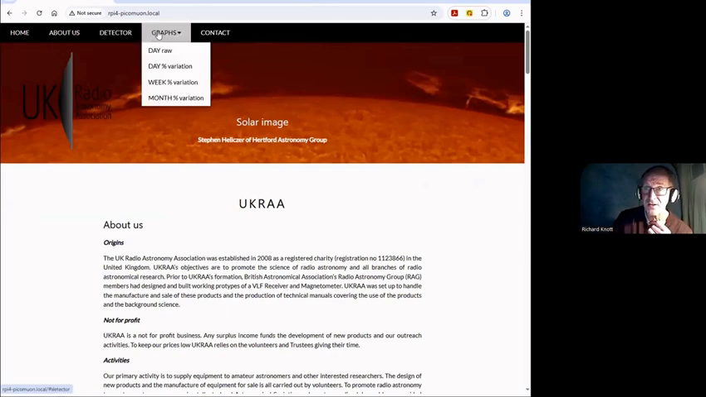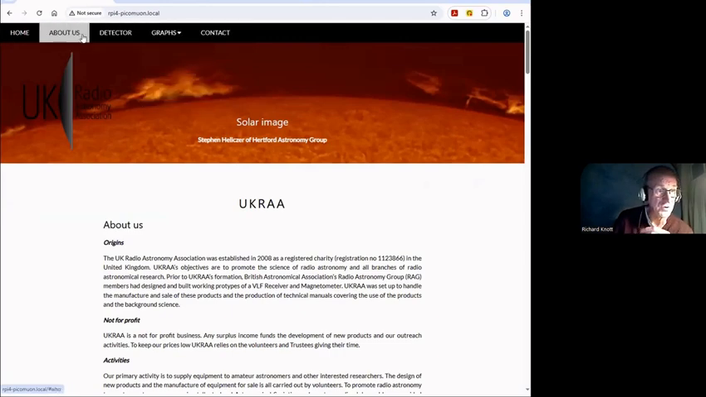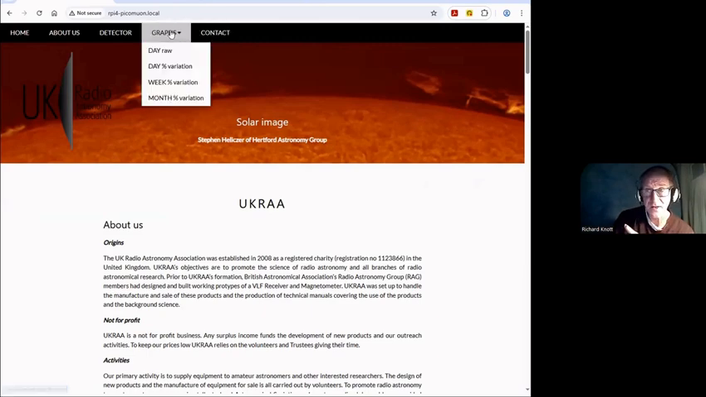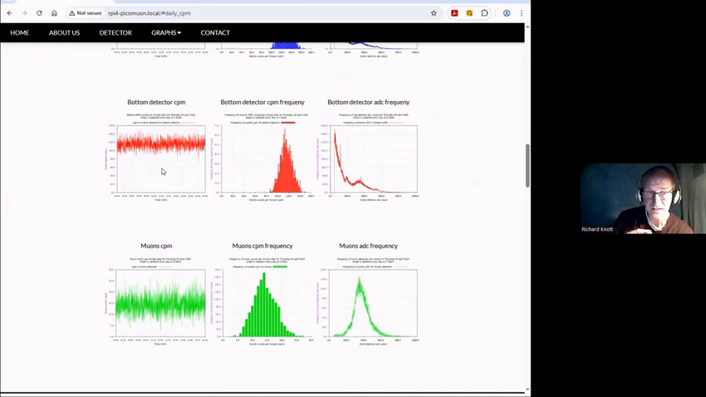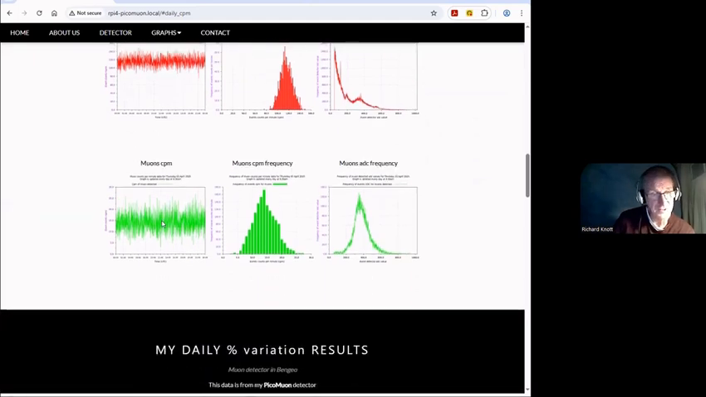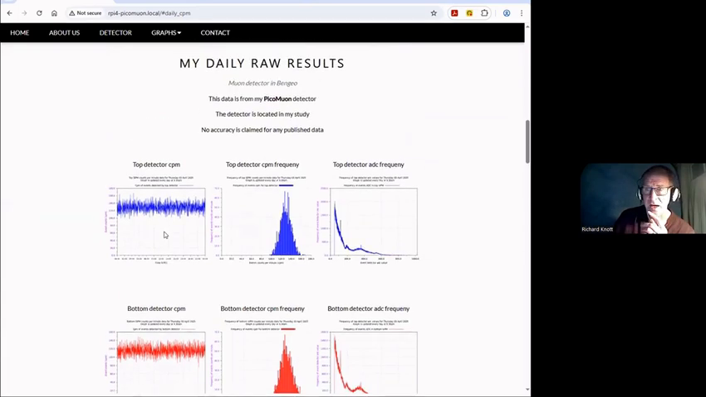There's a simple menu bar at the top that allows you to navigate around. It's just a single page. The daily graphs are for the top detector, the bottom detector, and the coincidence events, the muons. And we provide counts per minute, the frequency of counts per minute, and the frequency of the ADC values. Not only do we do that, but I've also written the same